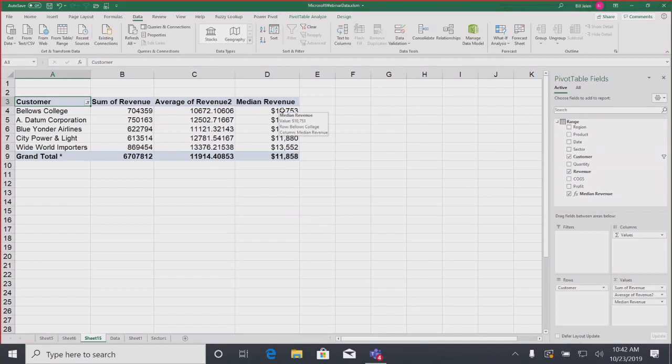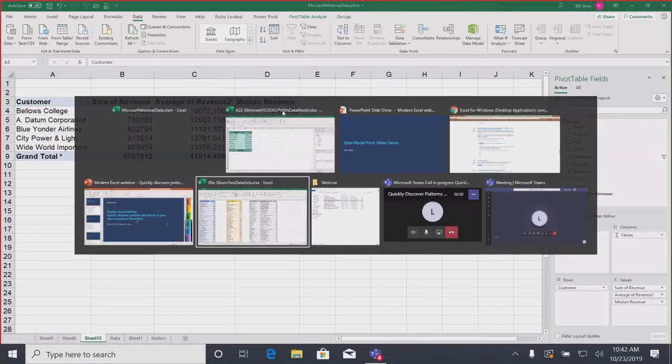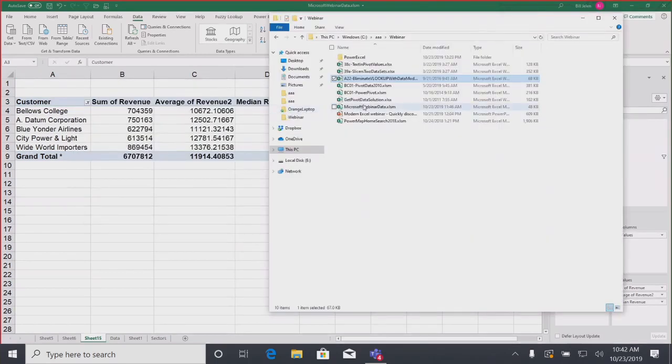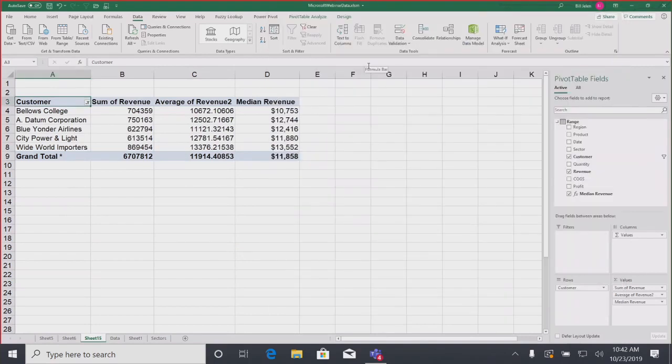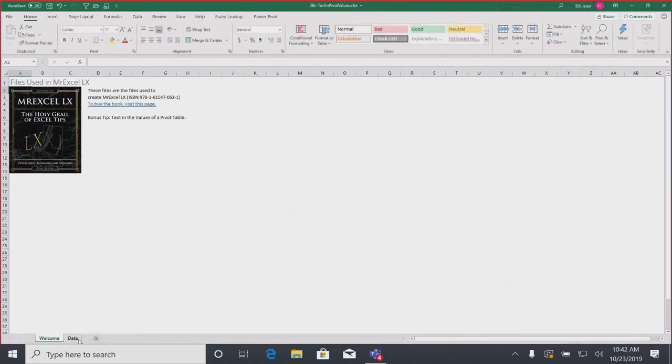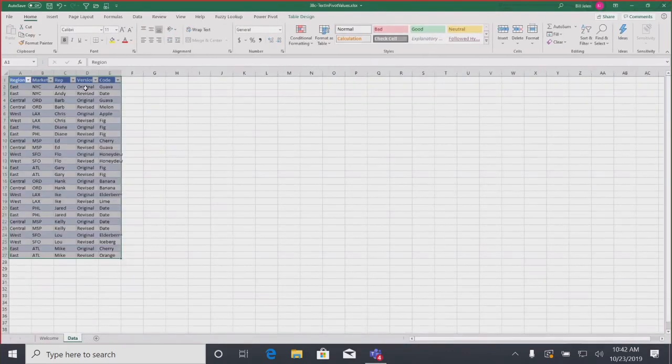Let's see, I'm going to switch over here and show a cool example. I was doing a seminar down in Melbourne, Florida. I've done seminars in Melbourne, Australia, but this one was from Melbourne, Florida. And the person said, look, I want to create a pivot table, but what I want to do is show text in the pivot table. And they said we have an original and a revised, and we want to show the difference between those. And you would think that that's something you couldn't do.